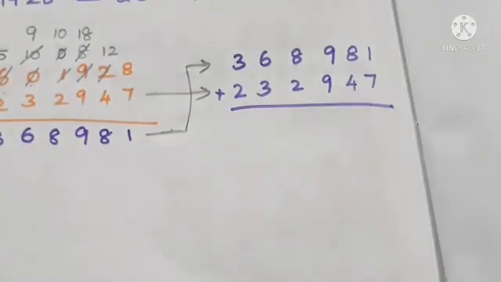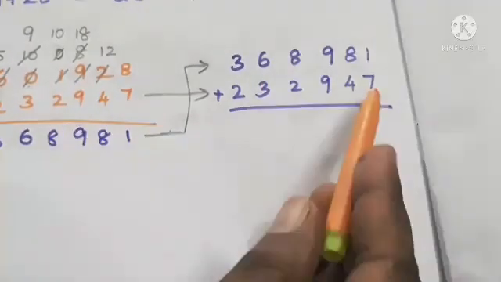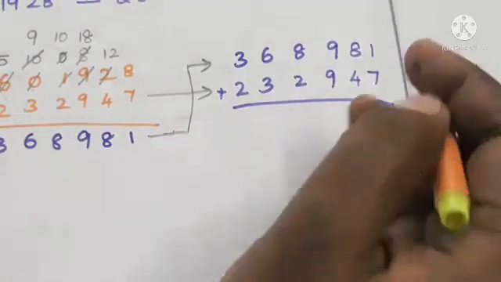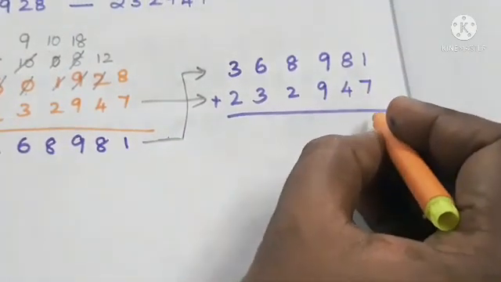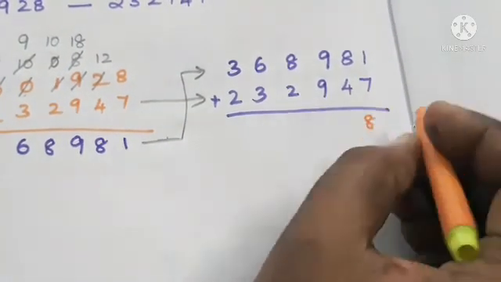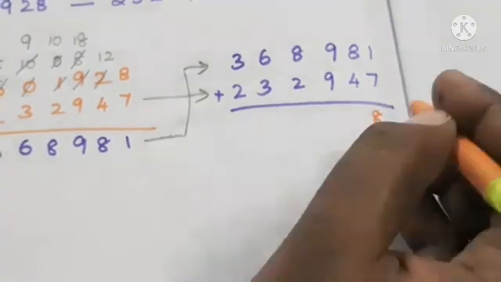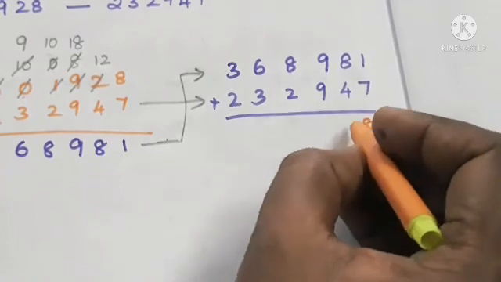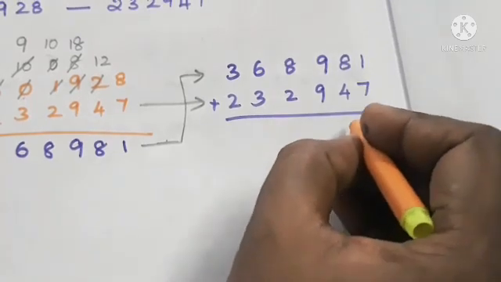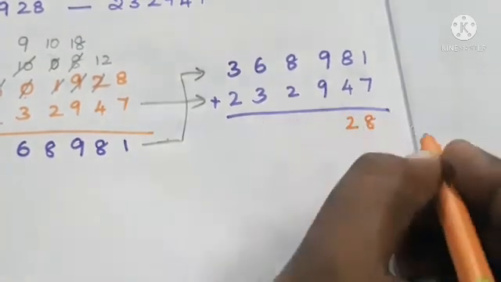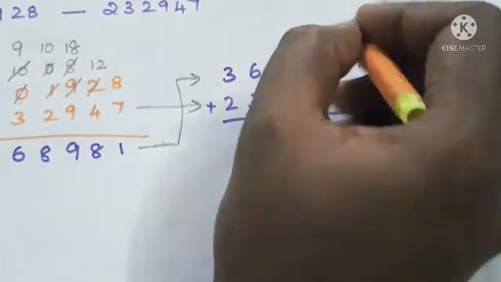Now we can add it. So 1 plus 7. 7 in the mind, take 1 in the finger. So 7 after is 8. Next, 8 plus 4. 8 in the mind, take 4 in the finger. So 8 after, if you add, we will get what? 12 as the answer. So 2 here, 1 will be the balance.